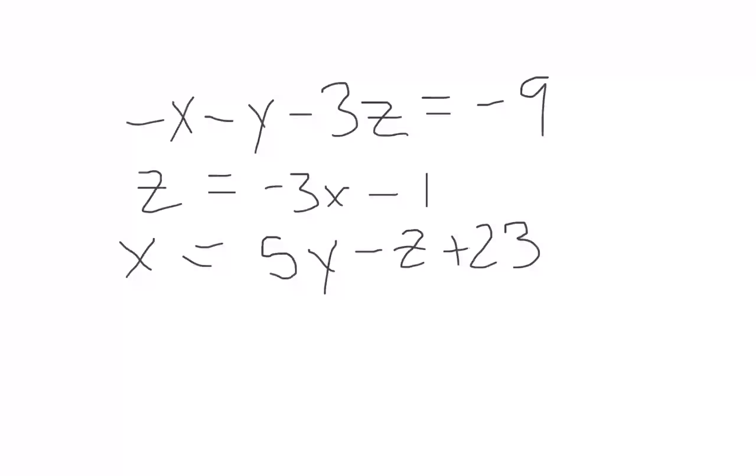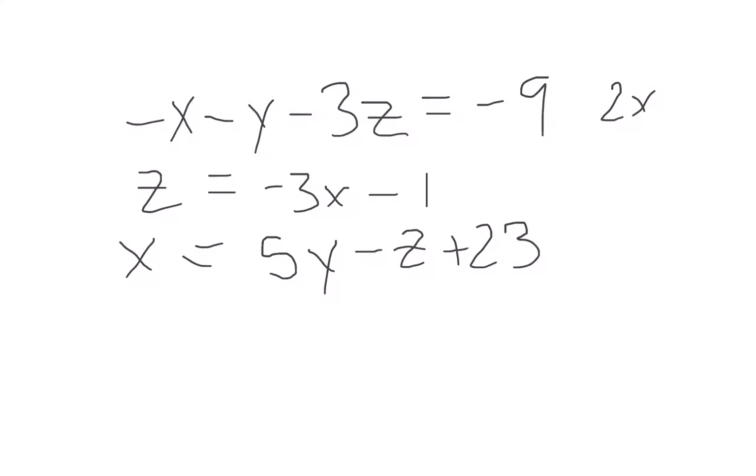Okay, so like yesterday, we're going to be working with three variable systems today. But unlike yesterday, where it was easier to use elimination, substitution is the easiest method to use. And here's why. Remember when we worked with two variables and you knew that substitution was the easiest to use